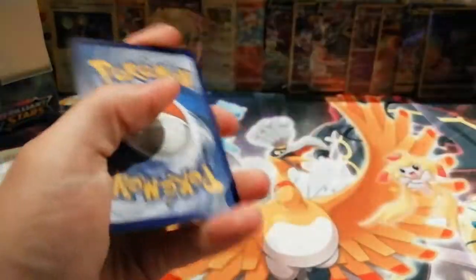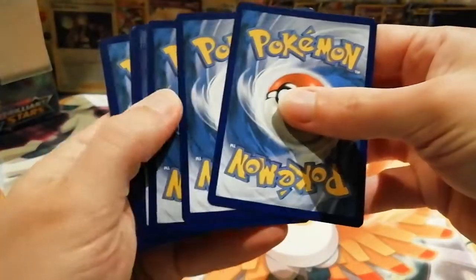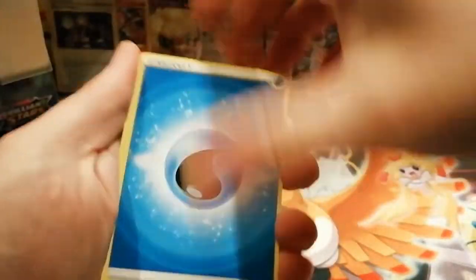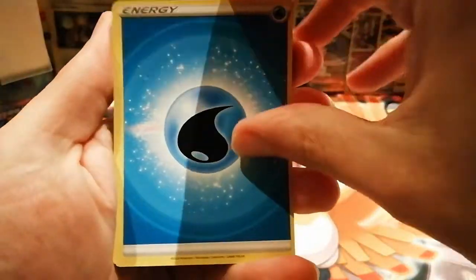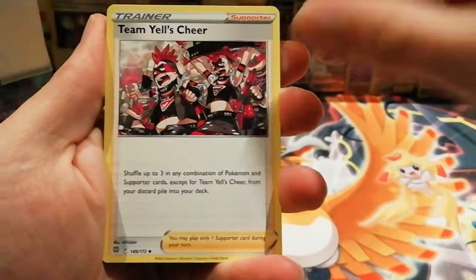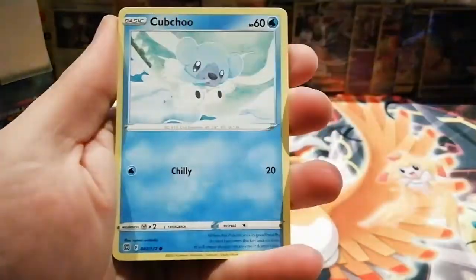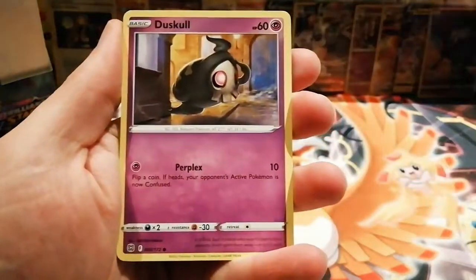I think I may have seen something in this pack. I don't know what though. Just saw a glimmer of something that looked different. So hopefully we may get a pull here. We've got a Team Meowth's Cheer, Cinccino, Cleansing Gloves, Cubchoo, a Duskull,